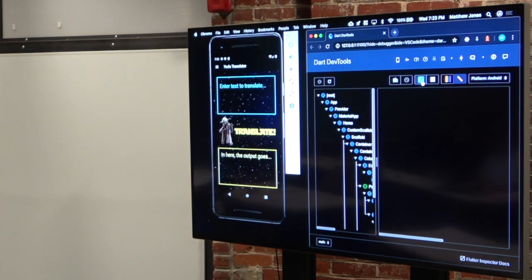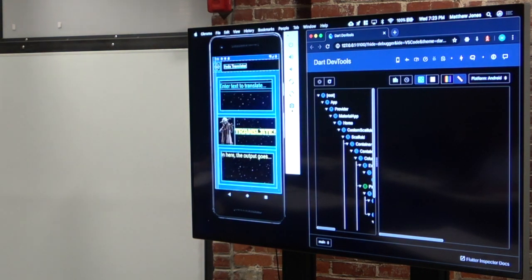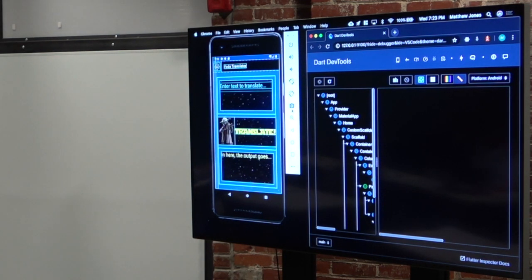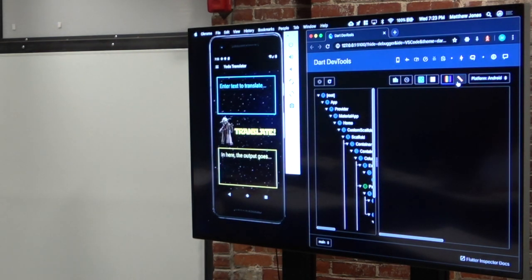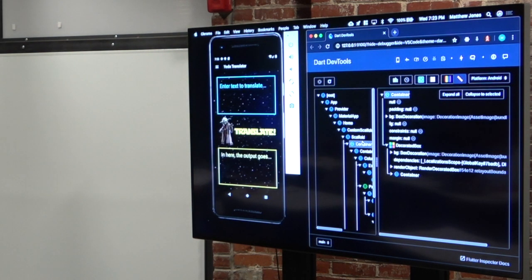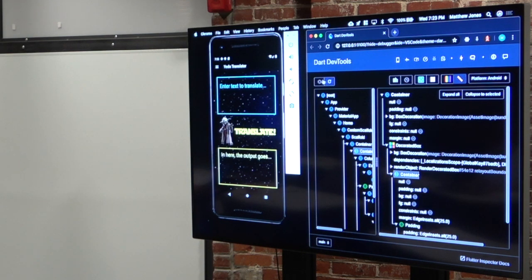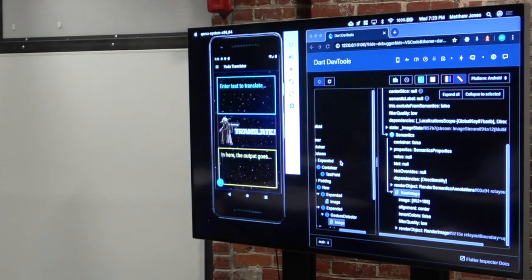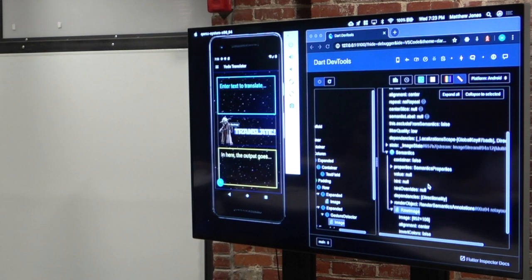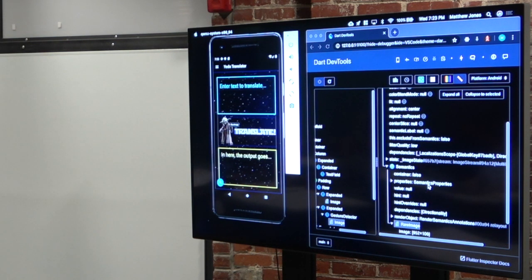So if I want to do a debug pane, I can see how all of the items are laid out there, which is really nice if you've ever had a layout issue. I've got some performance profiling. If I want to look at the different widgets, I can come down here. If I want to go into select widget mode, I can actually click on a widget, and then it'll take me directly to that so I can see exactly what's in there, and I can go up the tree and see what's happening. The debug tools are so powerful, and it's one of the things that I really love about it.